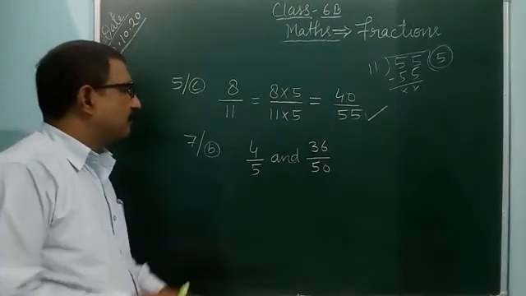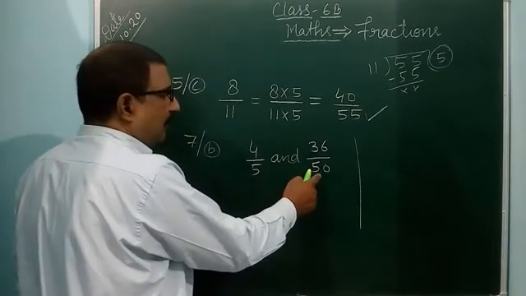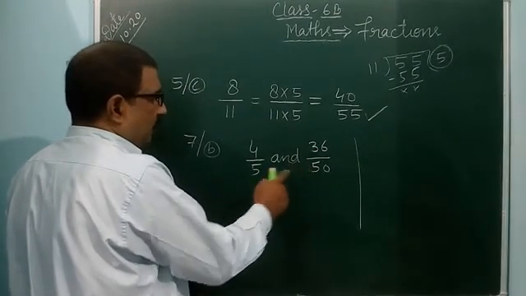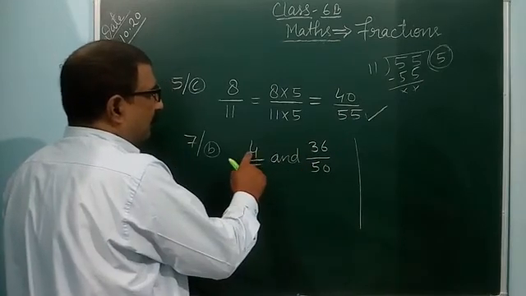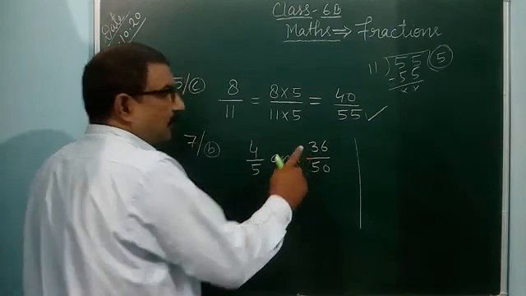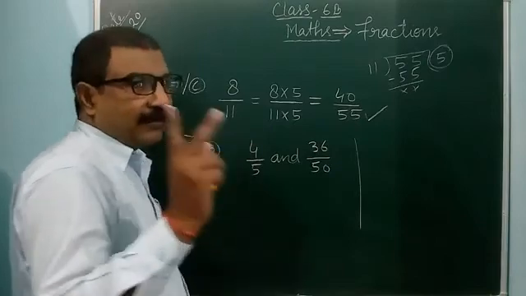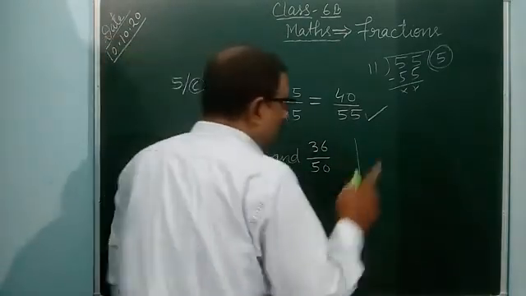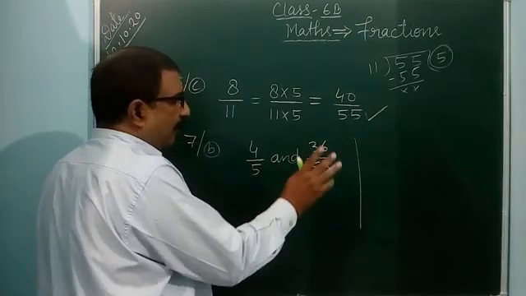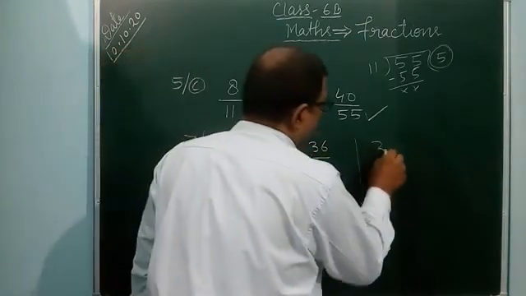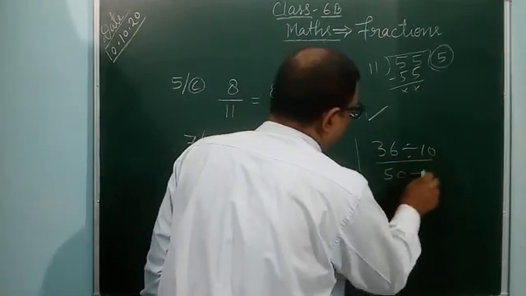So like that, if we are dividing this 50, 5 tens are 50, so by 10. If you are dividing any term like that, 4 nines are 36. You take only one, 5 tens are 50 or 4 nines are 36. You can take only one and you can divide. Then you can get the equivalent fraction. So I am taking only the numerator. 5 tens are 50, 10 times goes. So by 10 you can divide. 36 divided by 10 and 50 also divided by 10.